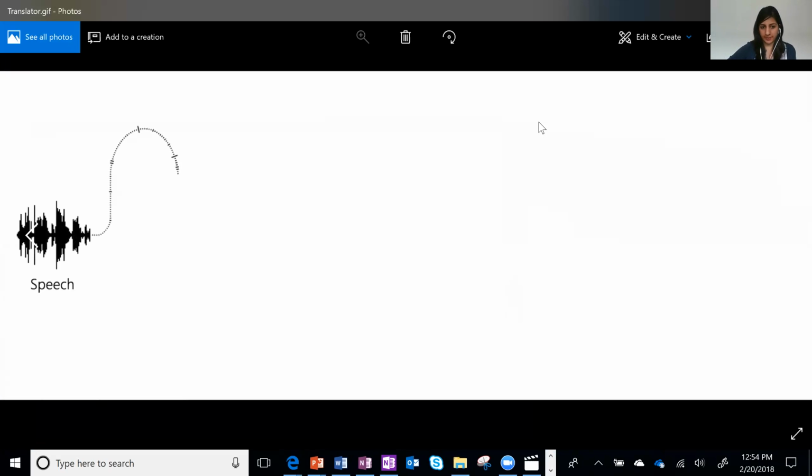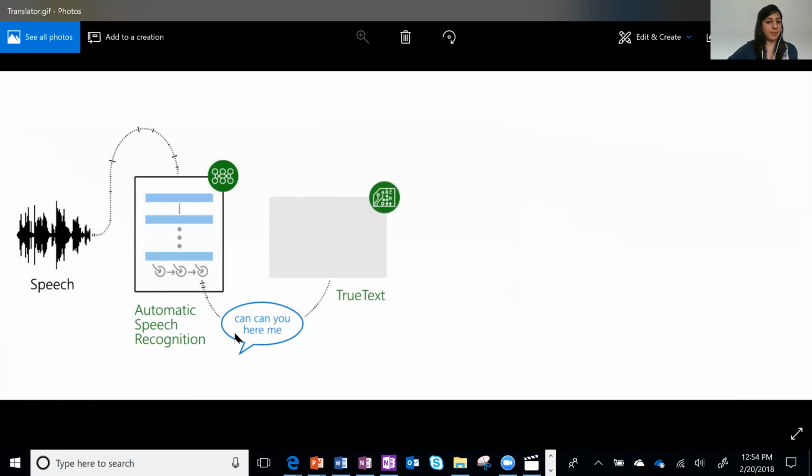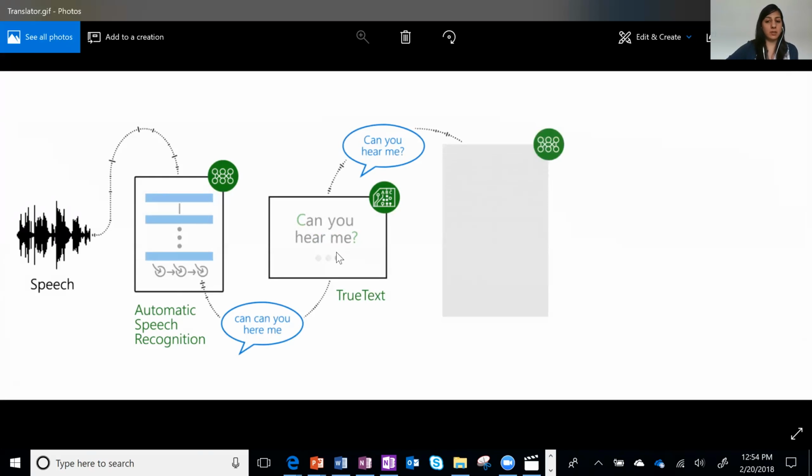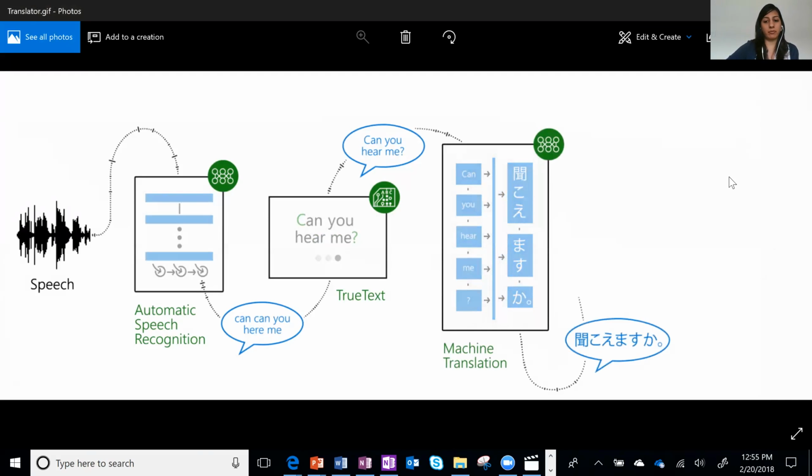It's going to take speech as an input. It then does automatic speech recognition. It then figures out the context of the word. For example, "here" is actually "hear". It removes duplicates, it changes based on the context of the sentence. And then it's able to actually translate from text to text. So each part of the sentence translates. And then it can output based on text, or it can read aloud.